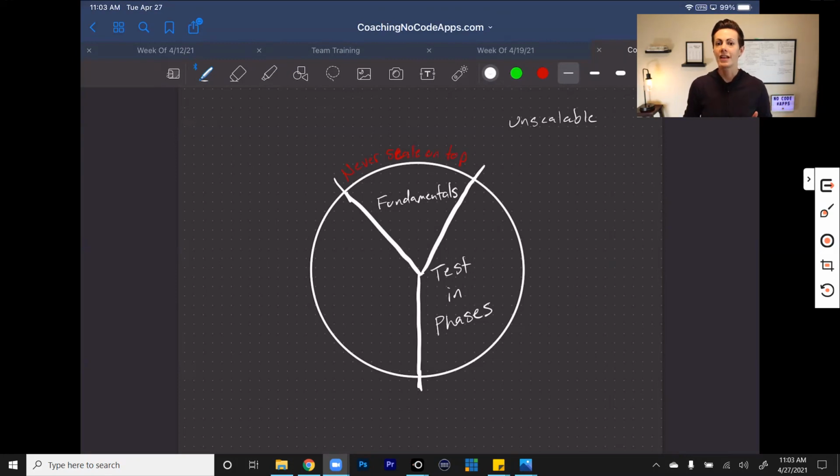Now, this is unscalable in the beginning because it takes a little bit more time to test these different components, to launch. And, you know, I say that it takes more time. In reality, it usually takes a little bit less time. I'm going to add in that caveat there as I continue through this, but it does feel like a more time-consuming process, right?